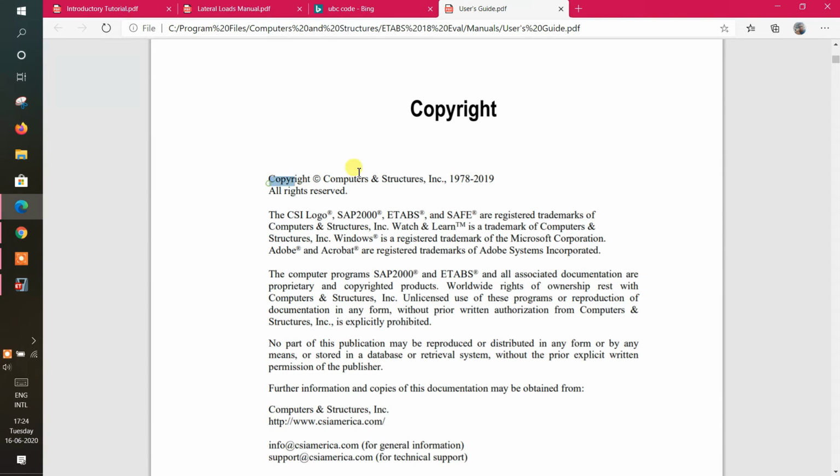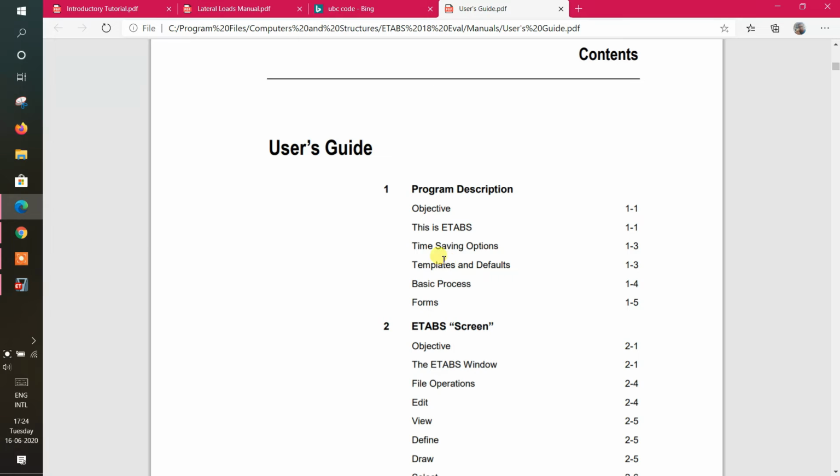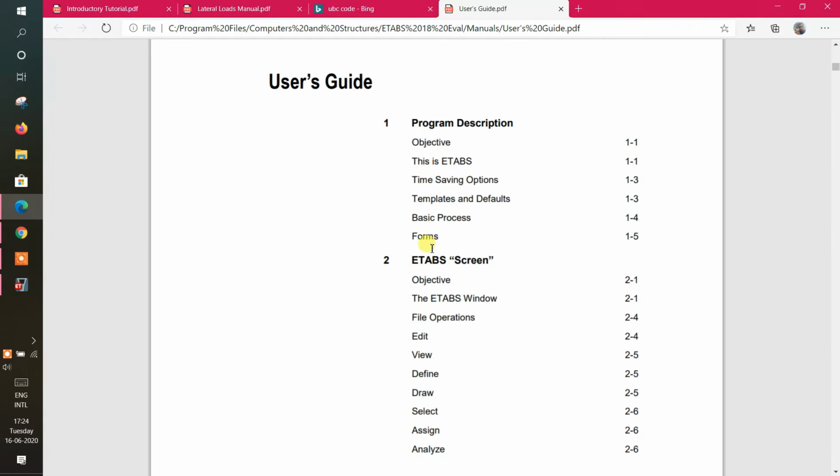Copyright is Computers and Structures Inc., from 1978 to 2019. Yeah, it will continue in 2020 also. And what are the major things? Program description, objective things. This is ETABS.